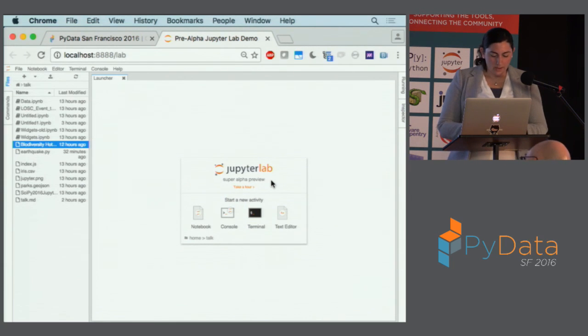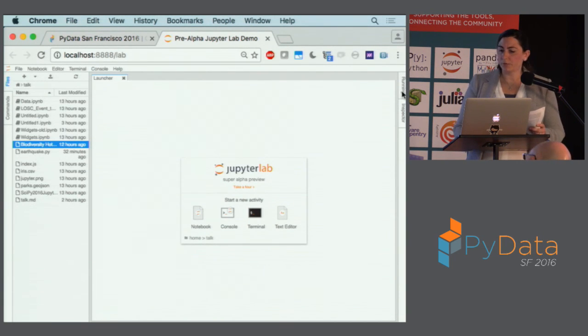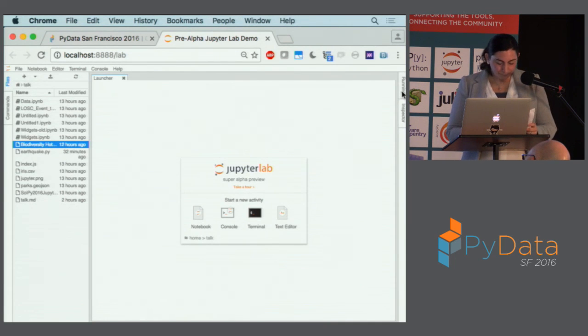So this is what you see when you open JupyterLab. There are two main areas, this area right here, and then on this side. Plus, you also have a right-hand sidebar here that shows you things that you have running. Okay, so on the left side,